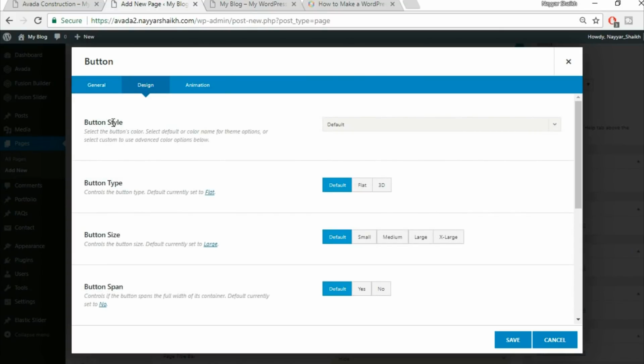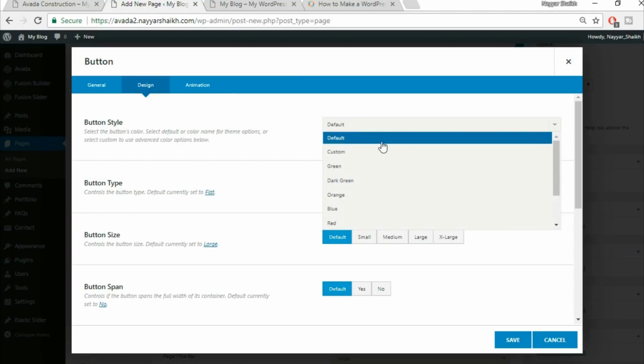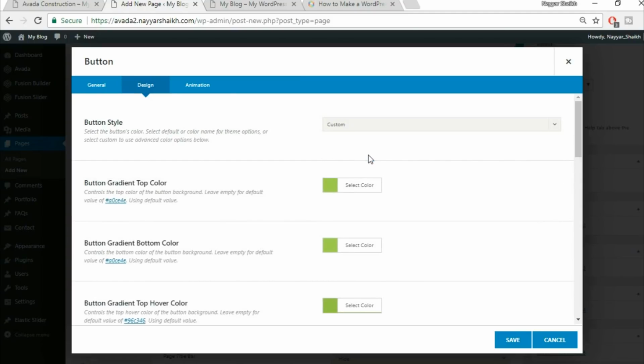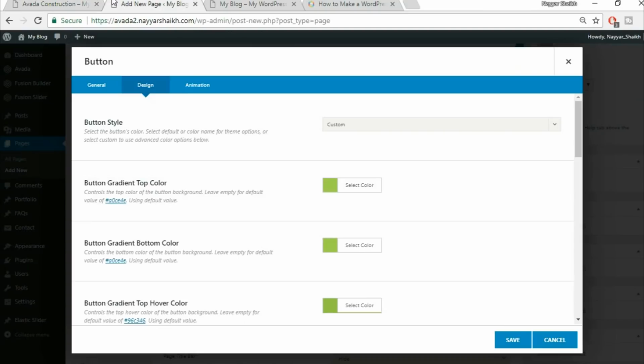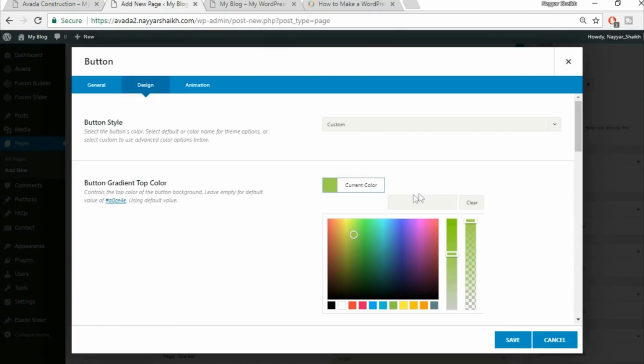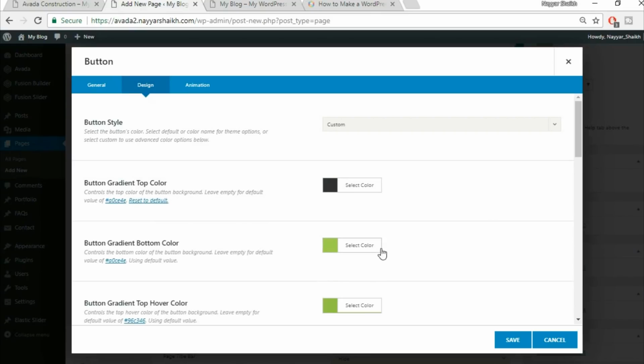Now at present the button style is default. Just select custom because we want to change the color and everything. As you can see over here, the button color is black, and when we hover it becomes white. So first one is button color. So just type in the color code for black. Okay,